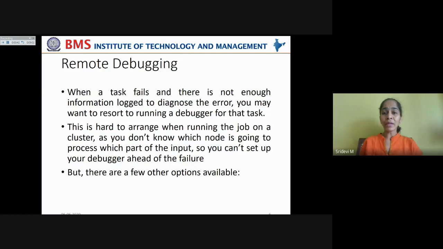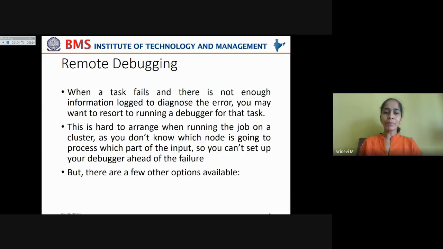This is hard to arrange when running the job on a cluster. For us, with a single local machine, running a debugger is very easy. But when you are working on multiple machines on a cluster, this is hard to arrange, as you don't know which node is going to process which part of the input.